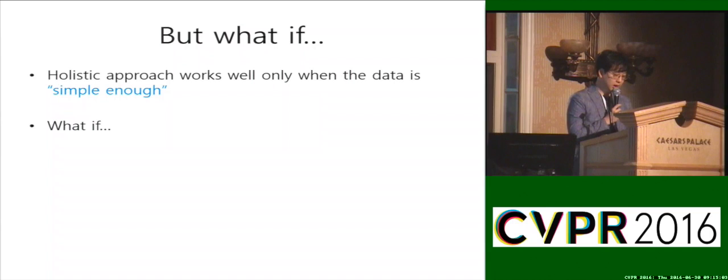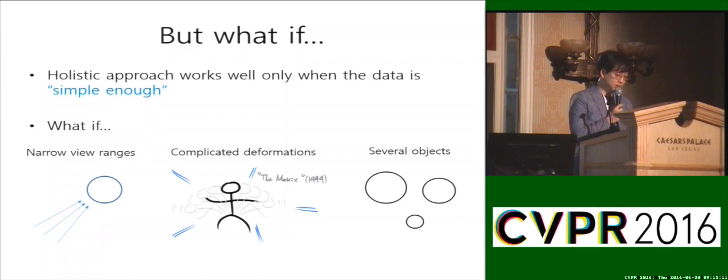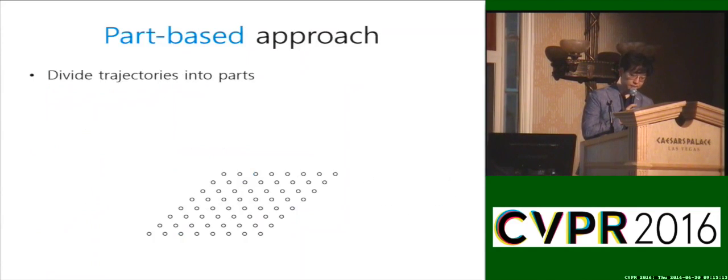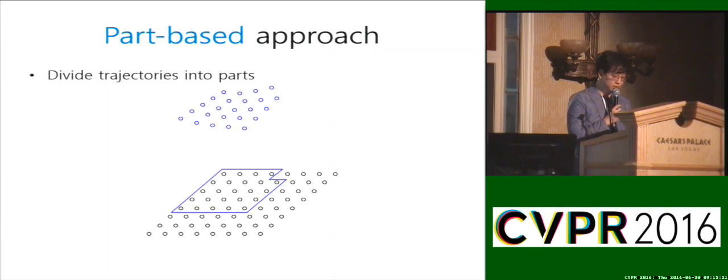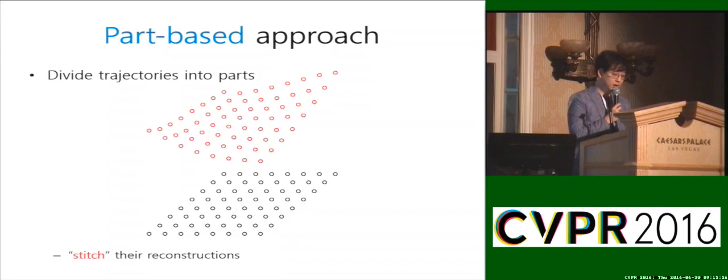And simple enough. However, they fail to give good results for complex deformations or multiple objects in the scene. An alternative is a part-based reconstruction strategy. The input is divided into parts, the parts are reconstructed individually, and finally combined. This approach has many advantages. Moreover, if there are several objects in the scene,